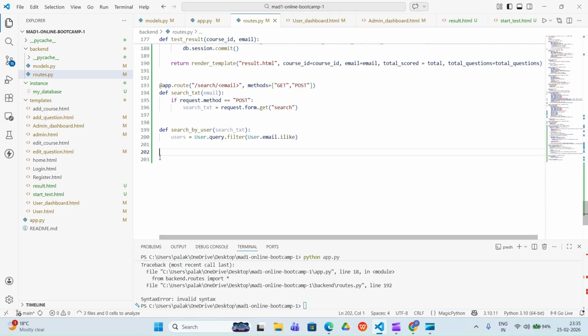When these things work, we'll show it. I hope this will be okay and you got it. If you did not get it, then you can just go back and see it again. Okay, so what we are doing here, we'll just use this ilike, and we give here in this